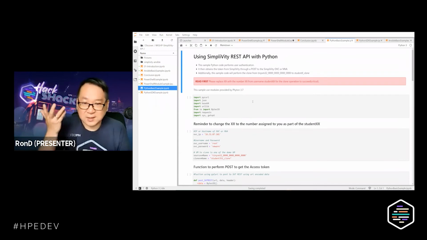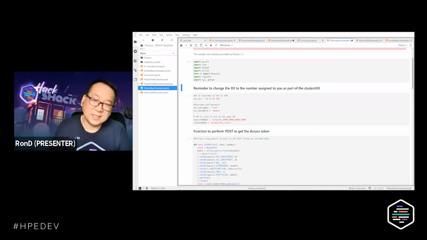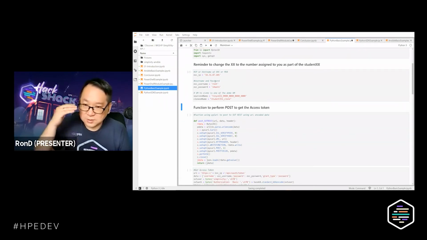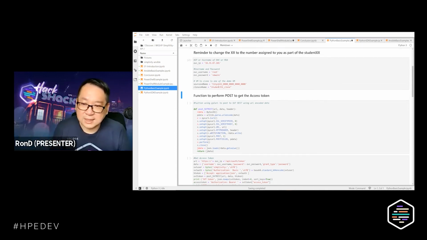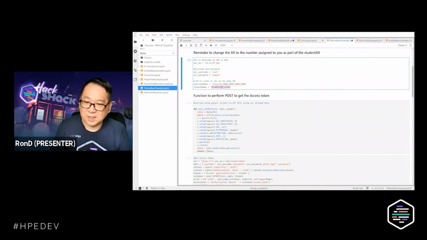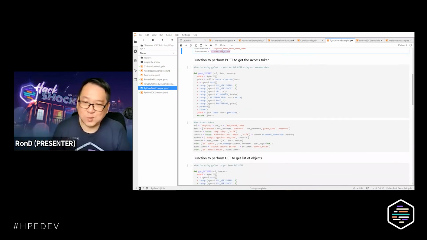In this case, Python. In the Python basic exercise here, you'll see some of the tools that I import to perform very basic operations. Same deal: as I'm clicking through, I'm using the parameters for the URL, the string that is constructed for the URL. In this exercise, I'm going to clone a particular VM and name it with my student ID. Now your clone VM name has been modified to indicate your student ID. It's a very nice help from Fred and the HPE dev team.